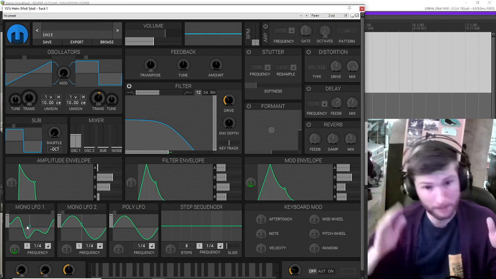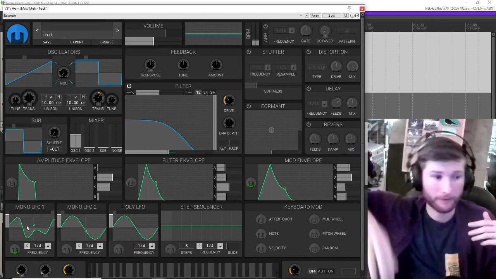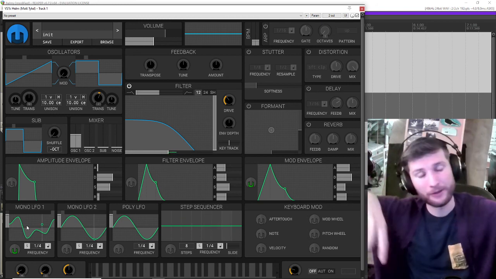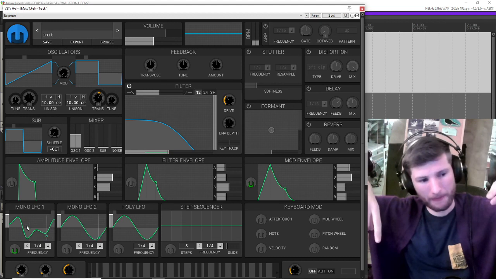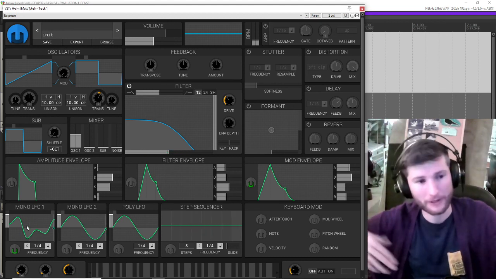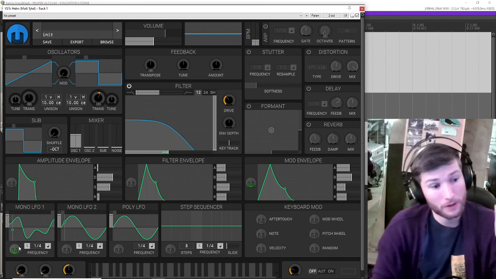It's not just picking a random point all the time, but it's interpolating between two different random values at a couple points during each frequency. So it's basically just going up and down a lot, all the time,